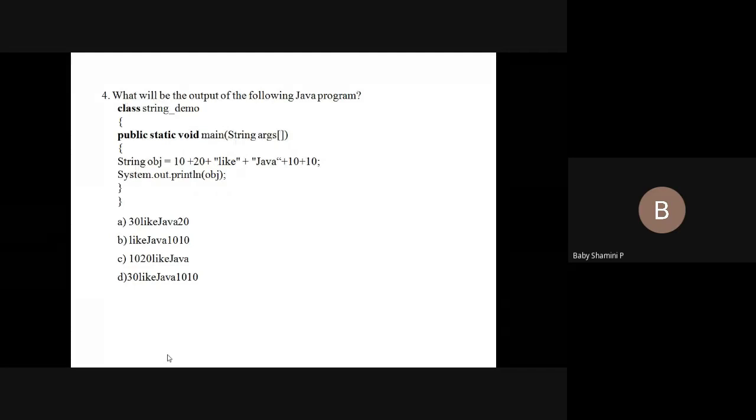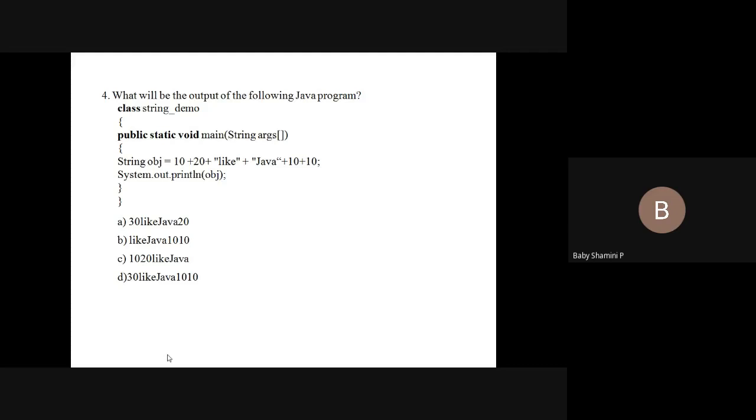Option C. Any other answer? Okay, here first we have the integer value 10, and again we have the integer value 20.